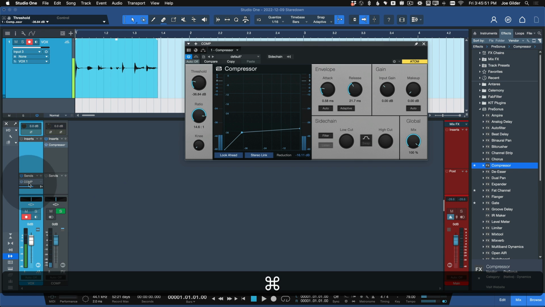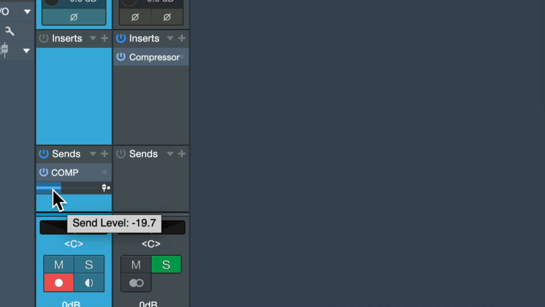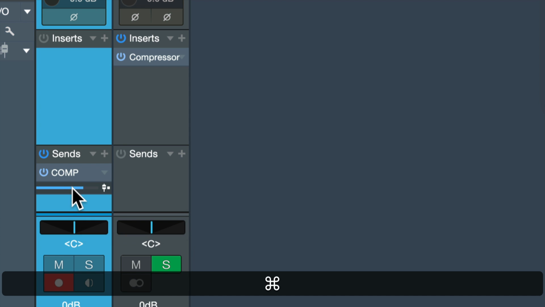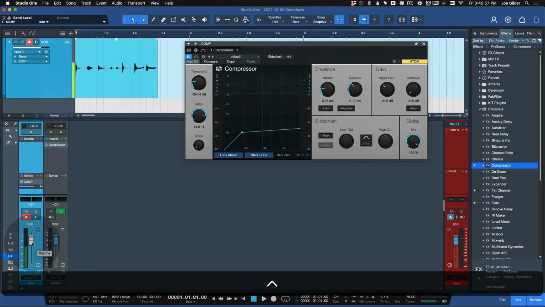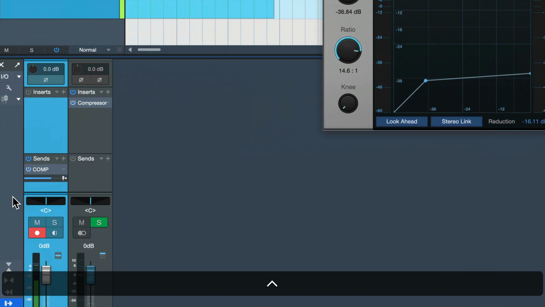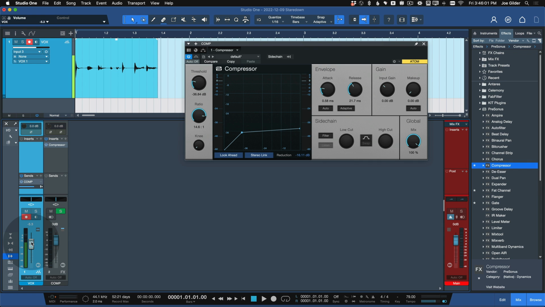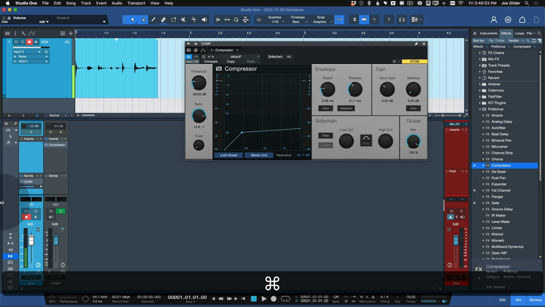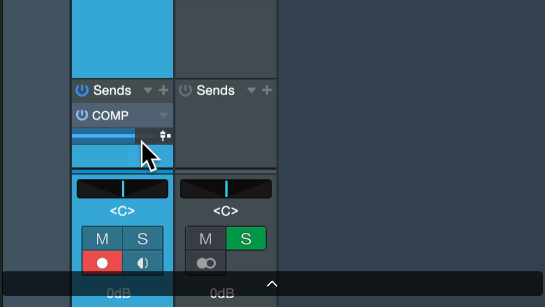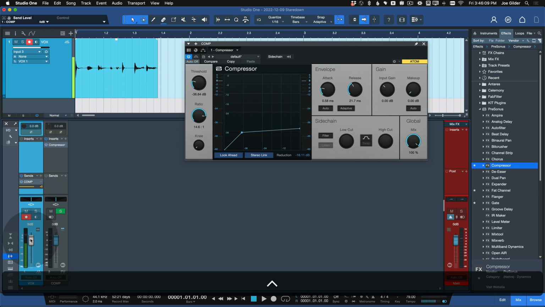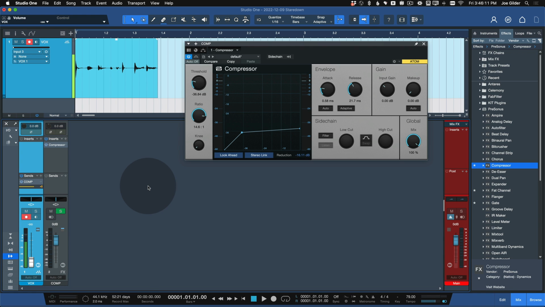Okay, so now this is still adjusting how much we're sending to that compressor, and it is relative to this fader. In this situation, I don't want adjustments to this fader to adjust what's hitting that compressor. I'd rather it hit it at a consistent volume. So I would turn the pre-fader on in this instance, and then I've got them independent of one another. So if I turn this one all the way down,